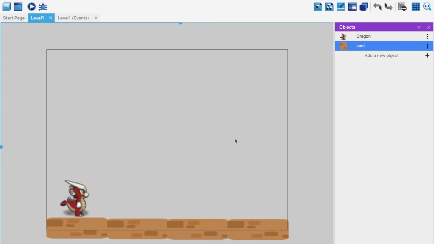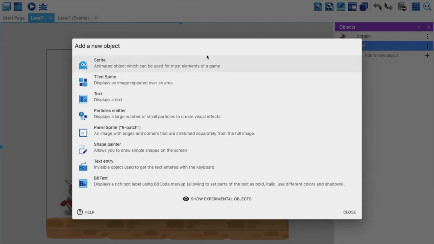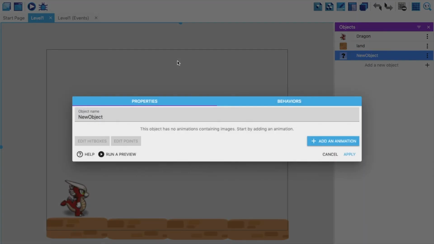To start with, I was thinking, why can't we just add a few coins over here, and let's see how we can code this dragon collecting the coins. So I'm going to add a new object. As I showed you last time, you click on the plus sign here, and since our coin is going to be part of the code and is one of the main sprites, I will choose sprites and not any other object. I'm going to rename this as coins for now, as simple as that.